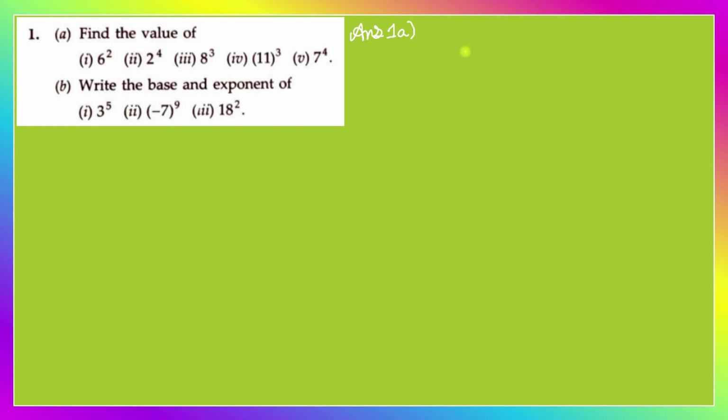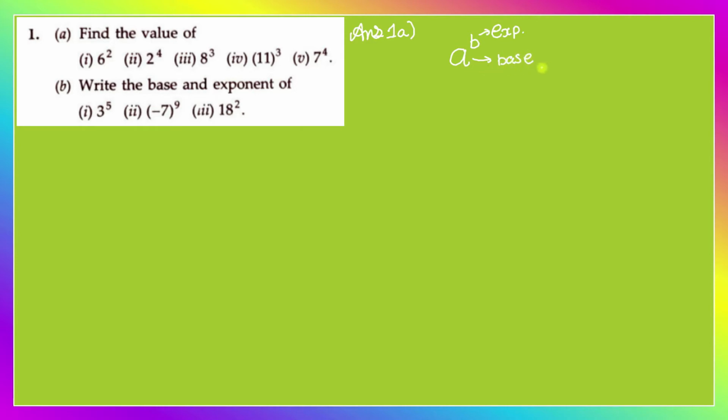Exponents are of two numbers, a and b. If you see two numbers diagonally, that is, one number is down and the other number is top right, and it is a little bit smaller also, then understand that it's an exponent. Here the upper number is called the exponent or indices, and a, the down number, is called the base.